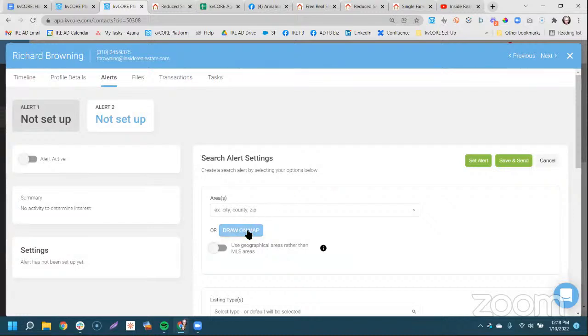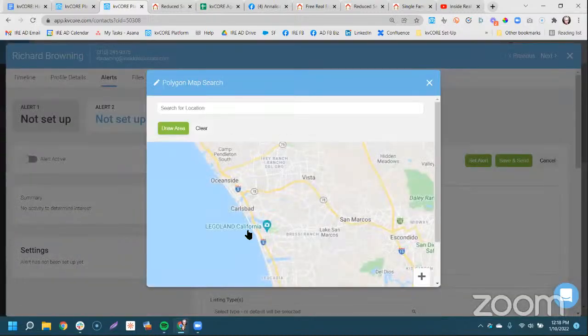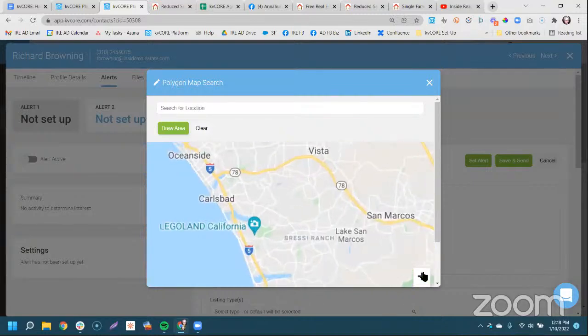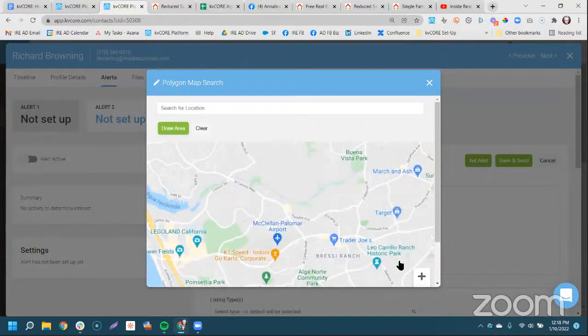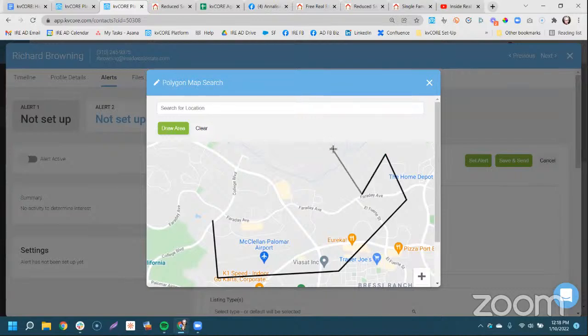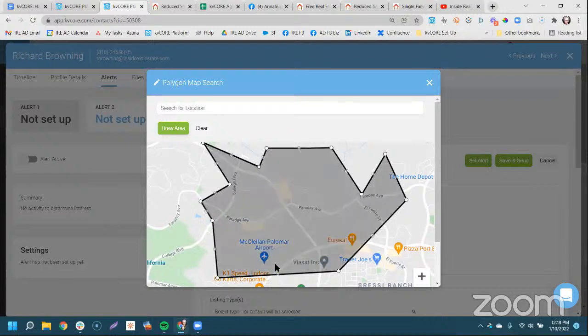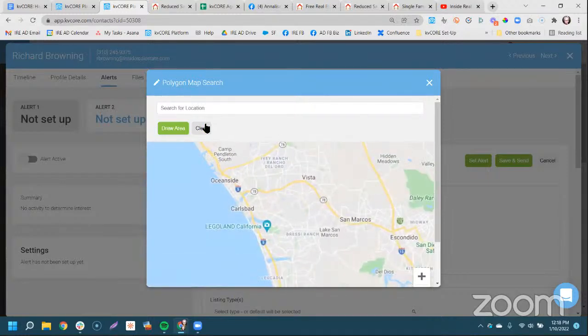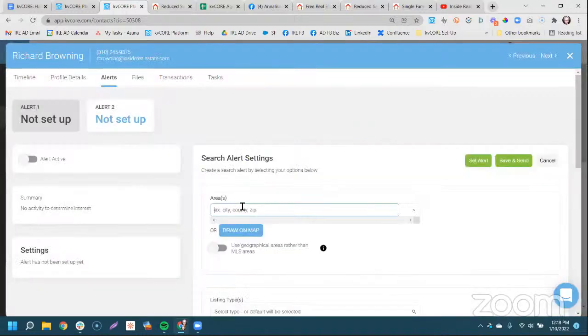We could go in here and we can draw on a map. So if you knew where that school district was, you'd be able to go in and drop your area and then just say, okay, well, it's this school district here. It's this really weird, wonky, jigged in and jigged out area that I have to draw to capture those listings. So you have the ability to do that, or you could just kind of give it your best shot with what your MLS allows for the pulling in of that district.